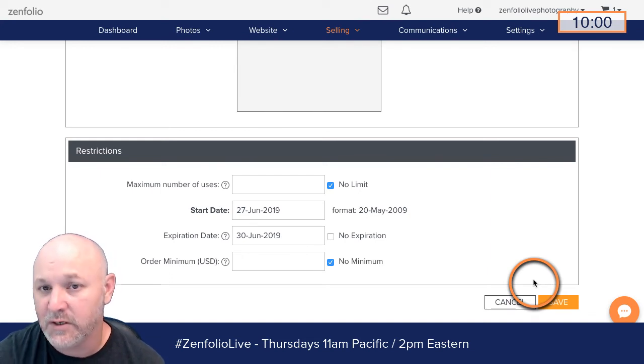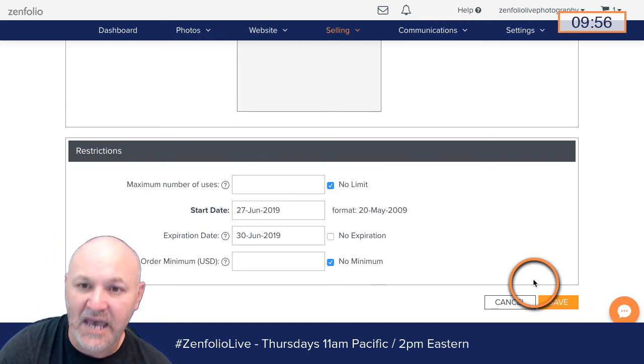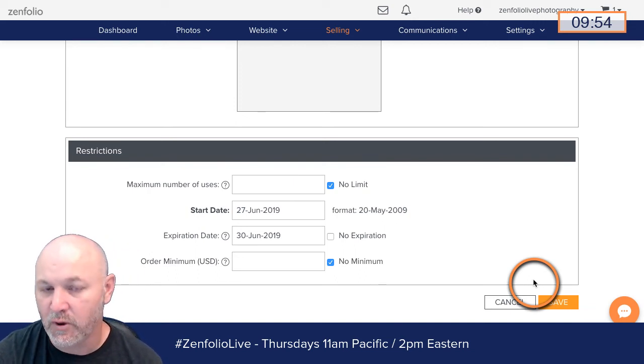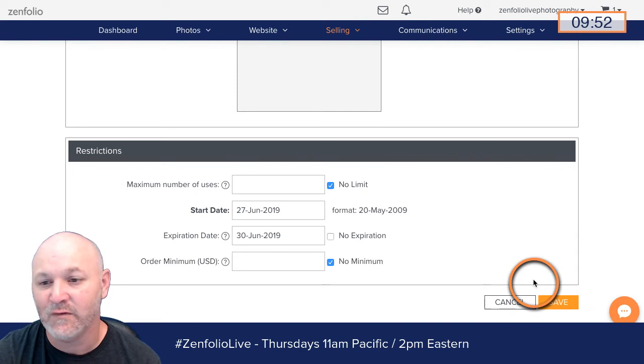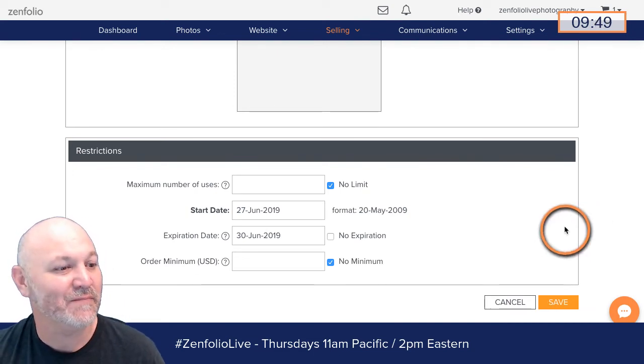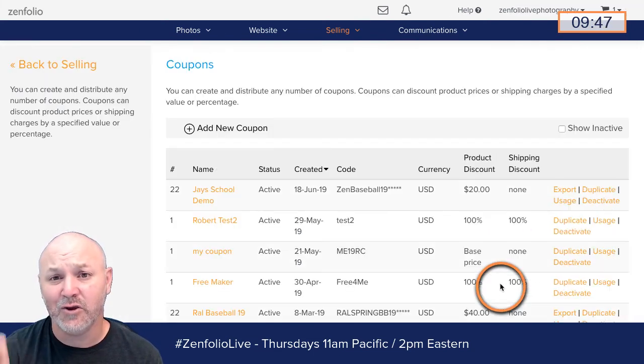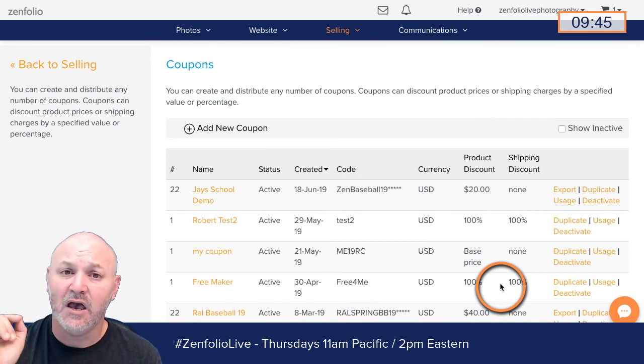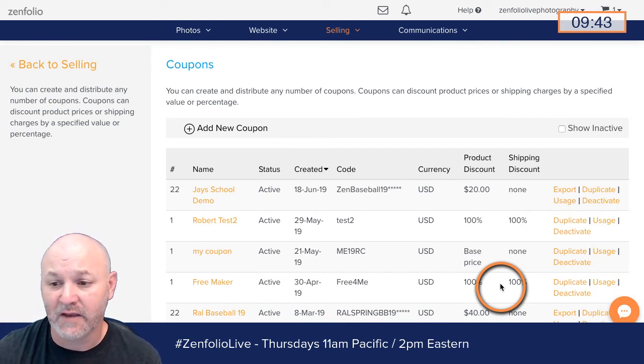So for every new client that you're trying to give that tiered discount to, you're going to have to create their own coupon code with the expiration date that's right for them, if that makes sense. Hopefully that answers your question. Definitely a great feature that we should look into. Definitely some really good feedback for sure.